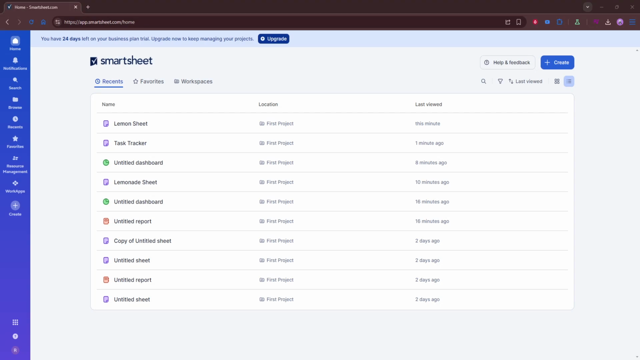In today's video, I'm going to teach you how to link data from one sheet to another in Smartsheet. If you want to keep information connected across multiple sheets without manually copying and pasting every time something changes, linking cells is a very useful feature. It helps make sure your data stays consistent and up to date, especially when you're working with reports, dashboards, or